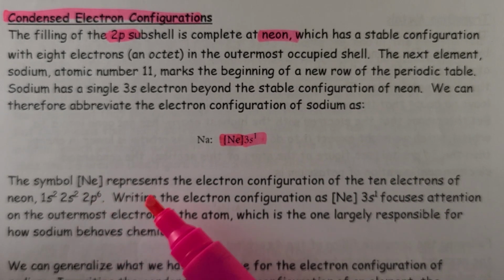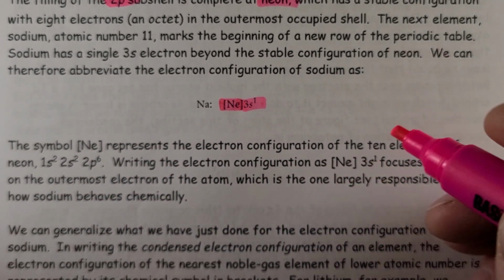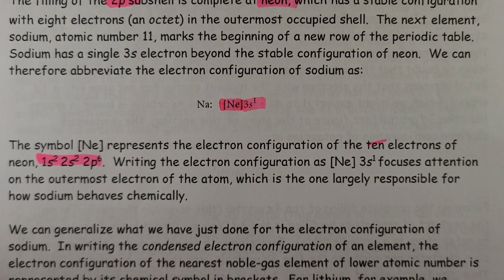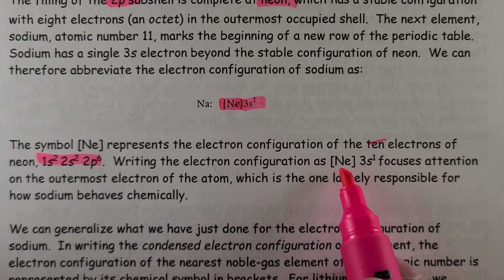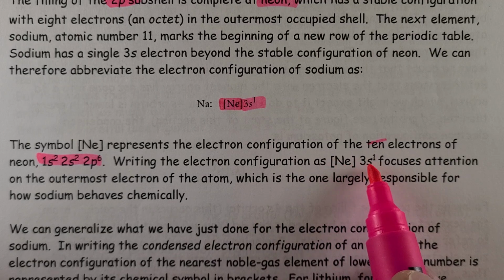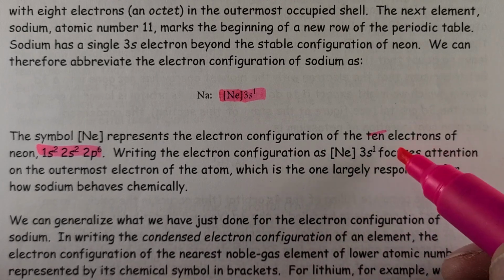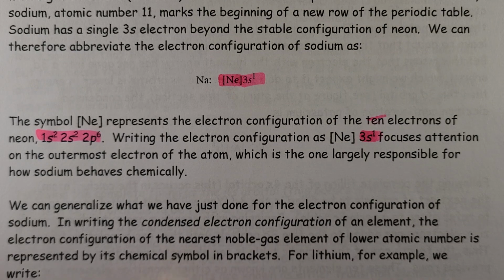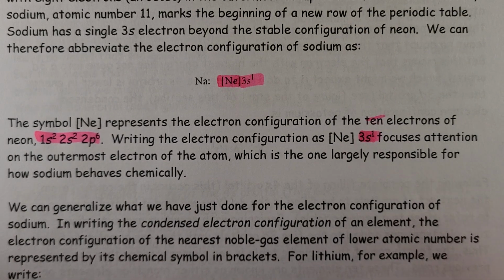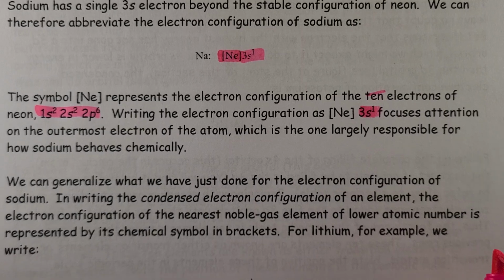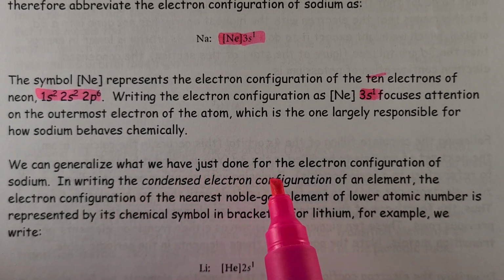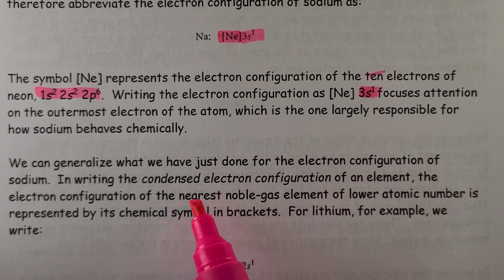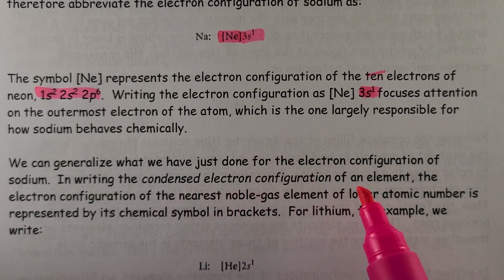The symbol Ne represents the electron configuration of the 10 electrons that are used for neon. Writing the configuration like this, neon in square brackets and 3s1, focuses the attention to this part, the outer electrons that sodium has, which, as we'll see in the next unit, is responsible for how it behaves. We can generalize what we have just done for the electron configuration of sodium in writing the condensed electron configuration